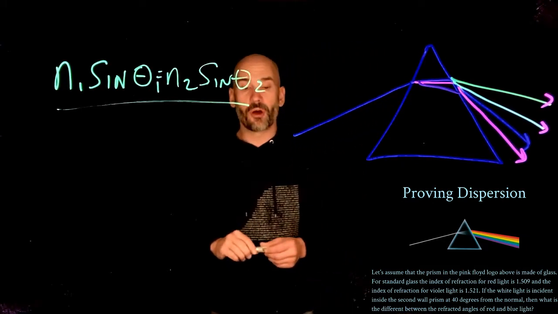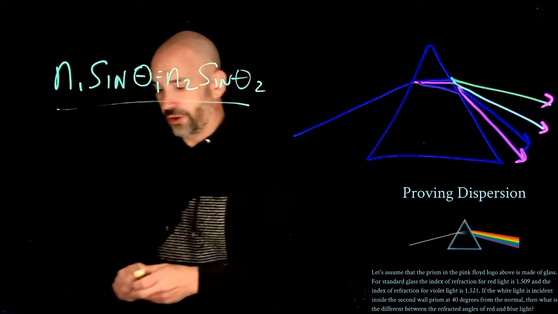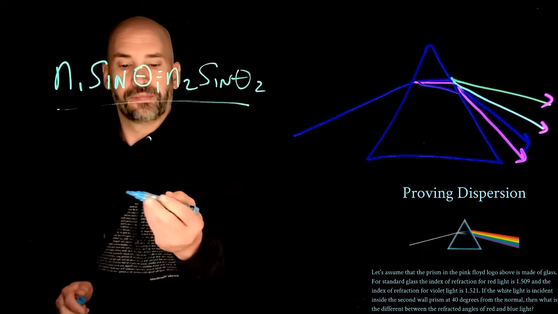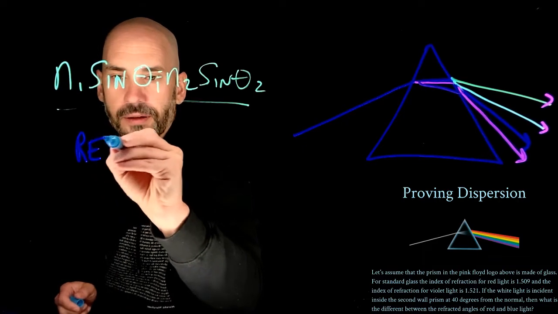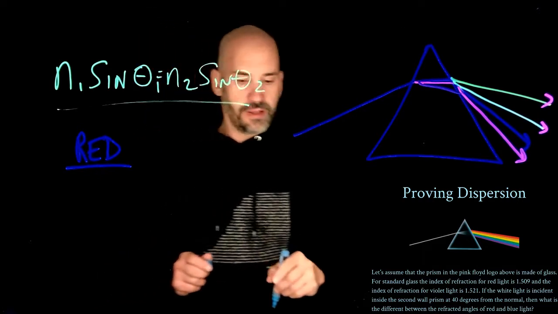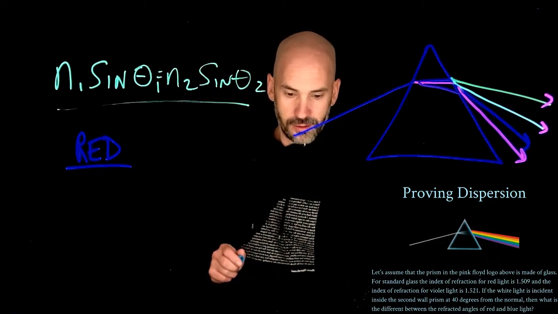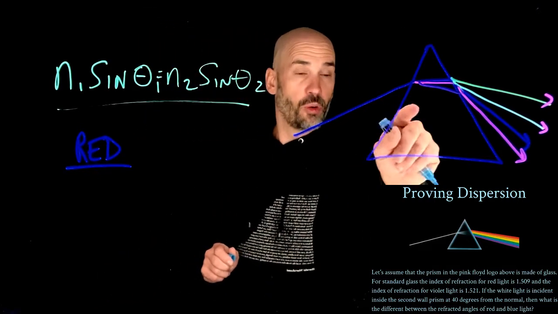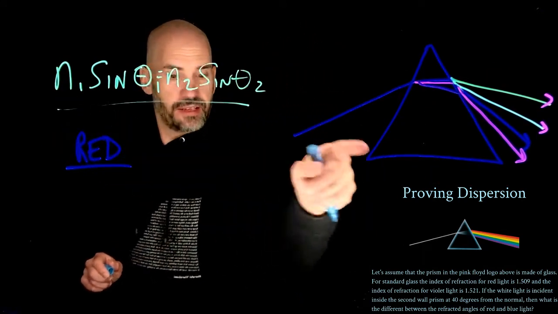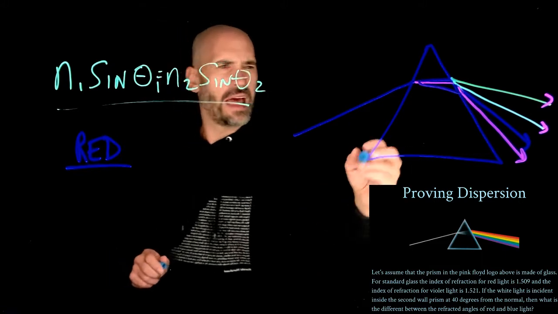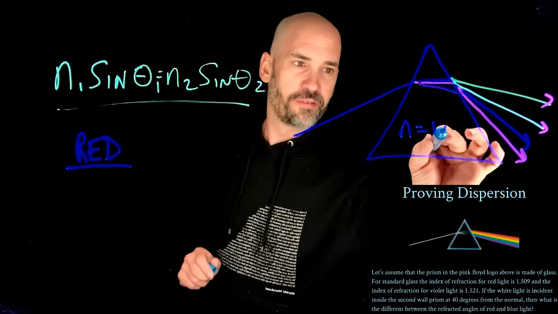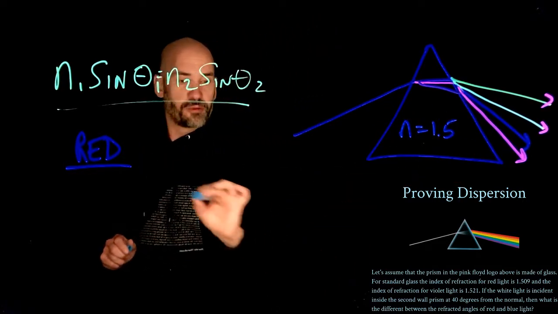Okay, so let's start with the question of the red light. I'm going to use this relationship. In this case, we're going from the glass to the air, right? And so that means that this is glass, and remember it's roughly 1.5, but it changes for every wavelength. In the case of the red light, it's